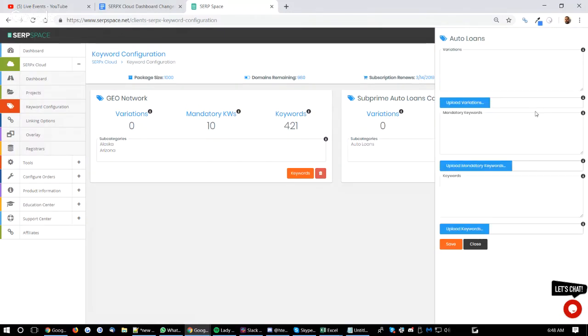And under here, add keywords. This is where we can set our variations, mandatory keywords, and keywords. So remember that this is all subcategory based, and you'll see the name of it up here, just in case you forget which one it is that you're working on. Now, I would not worry about variations so much unless you were doing larger builds. Variations is there